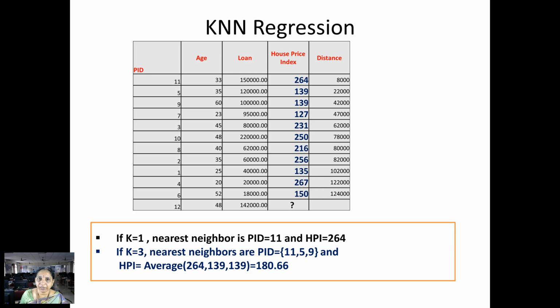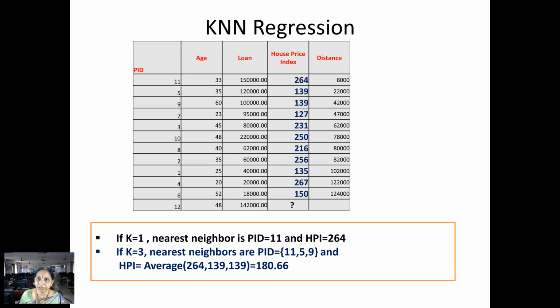So I have arranged all the records in ascending order based on the distance. Now based on the k value, for example, if I take k is equal to 1, the nearest neighbor is person ID 11. So the house price index for the new record, if k is equal to 1, is 264. If I take k is equal to 3, the nearest neighbors are PID 11, 5 and 9. Because this is a regression task, whereas in classification, if you remember, we applied the majority voting method, for regression we need to use the average of the first three records, because we have taken k is equal to 3.